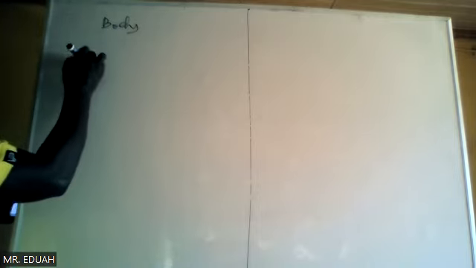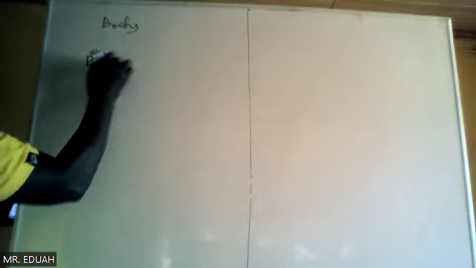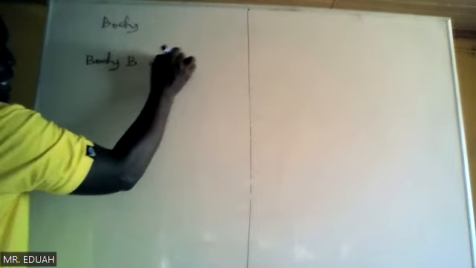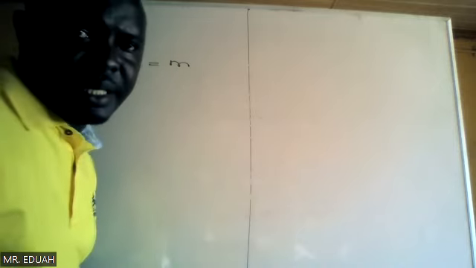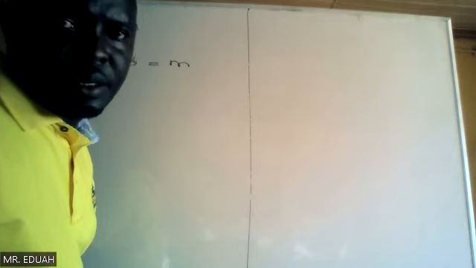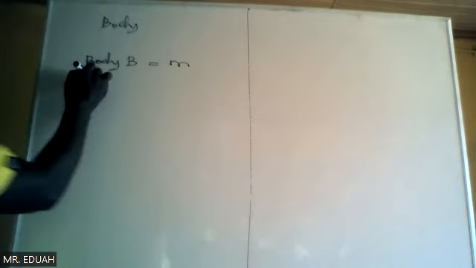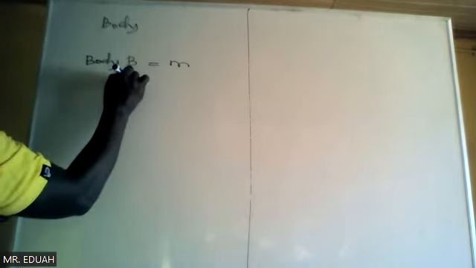We have body B, its mass is m, moving with a velocity of 20 meters per second. So the velocity of B